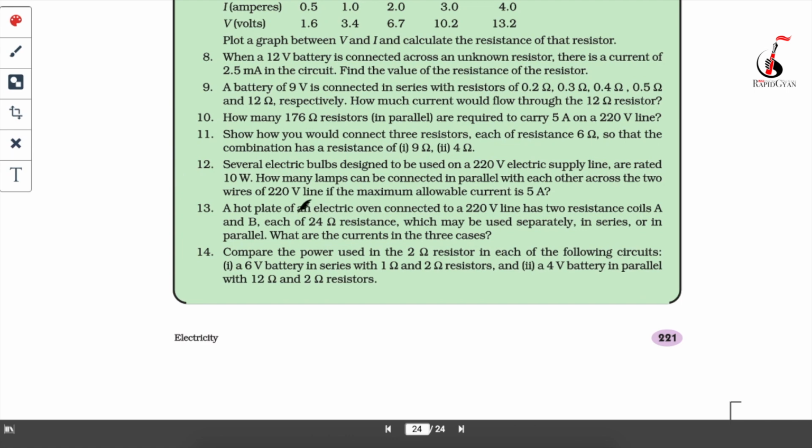So see guys, this is also similar to your 10th question. This is very similar to your 10th question. Your volt is given, your current is given. Only difference is that instead of directly asking resistance, they have given power. But with the help of power, I can get the resistance. Anyway, I will solve this question, you will understand it better.